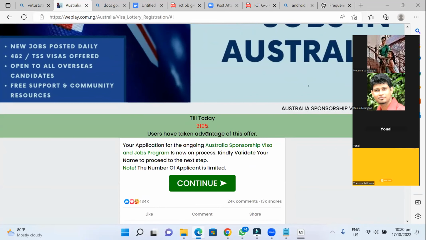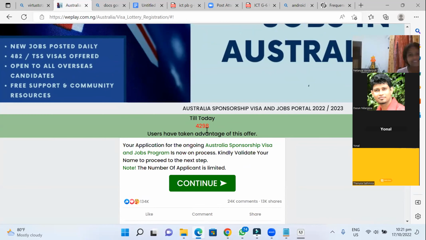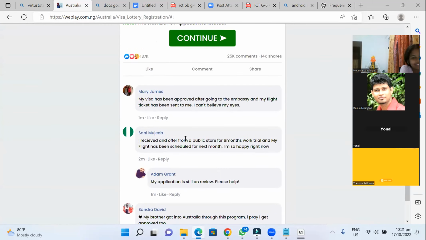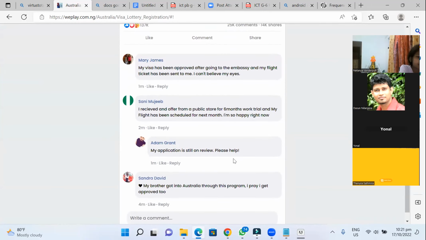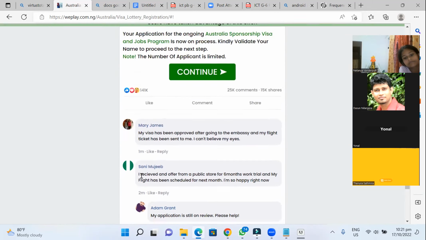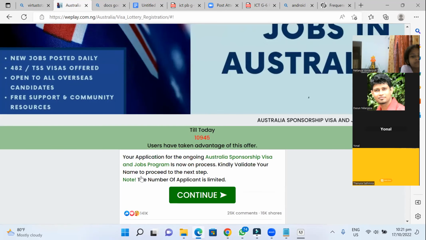draw again. Can you see that it is fake? If it is really drawing, it should draw from the previous number, right? So why is it drawing again from 2000? And can you see? This is 2 minutes ago, this is 1 minute ago, this is 4 minutes ago, but it is not changing. Even after 10 minutes, these things are still the same. Right? These are fake. But you are sharing these things, right?